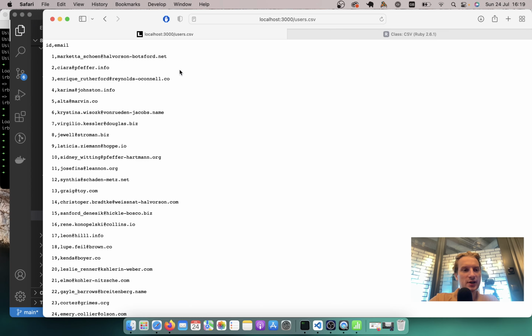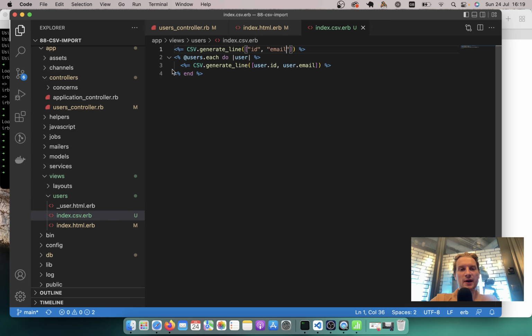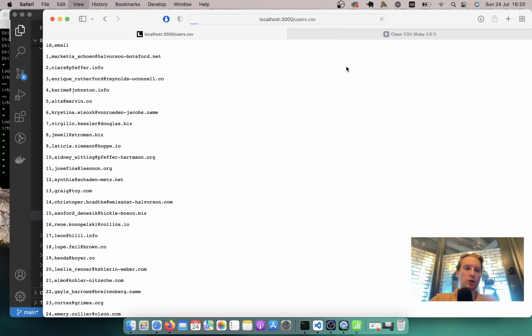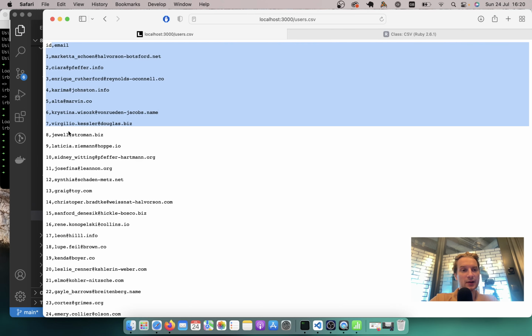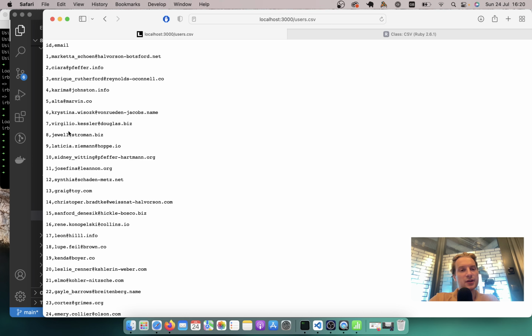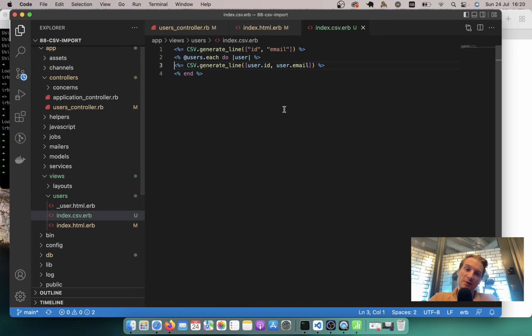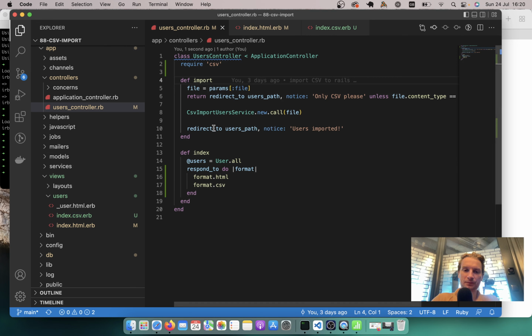Okay, now you see we have this space here. It is because we have the space here. It is a space sensitive format, so I'll not have any space here, and looks quite fine. But in this case we have this column separator of a comma. So that's another way of generating CSVs, and it's quite fine. But now we are going to do an even better way of generating CSVs that does not require any kind of template. So we're going to respond with format CSV,